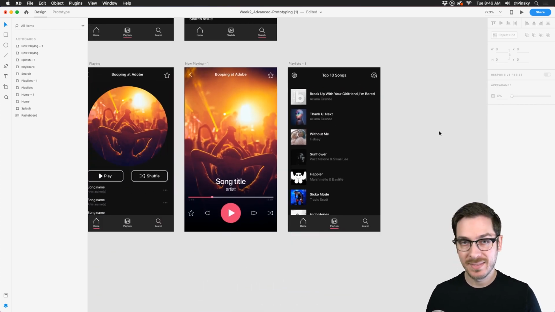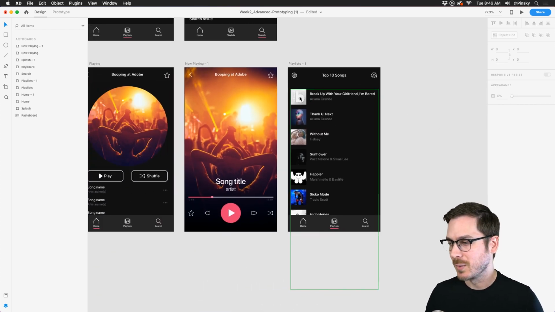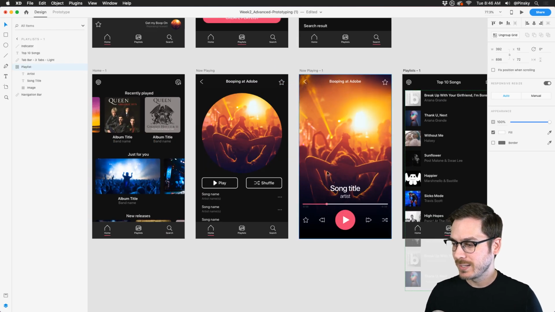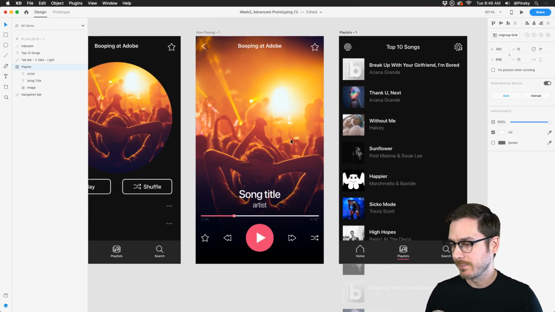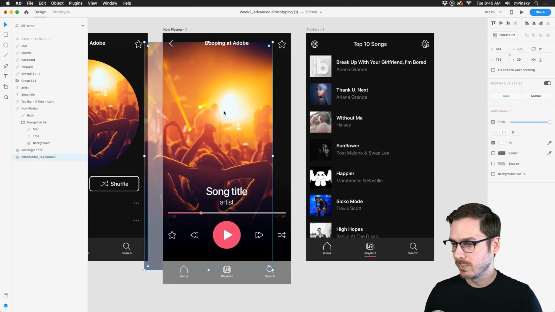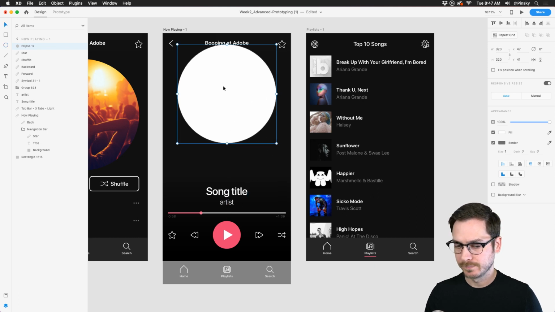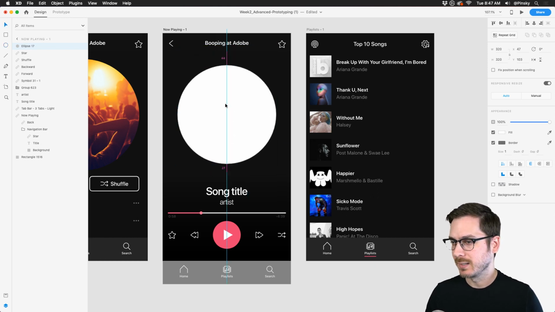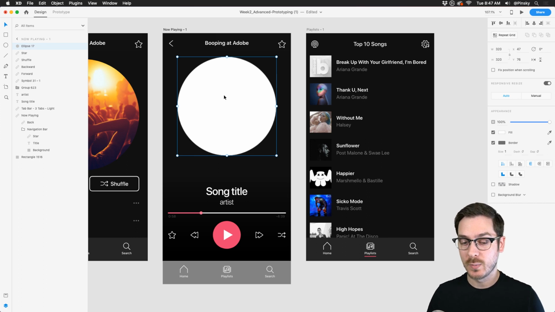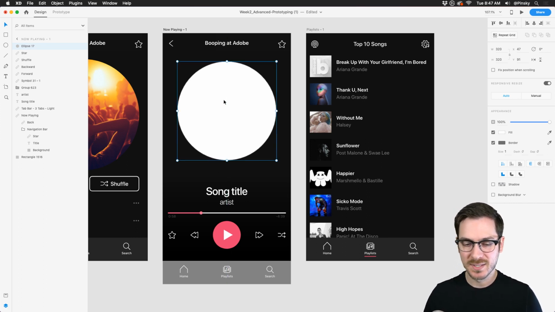So that was a lot quicker than I expected. So we're going to tackle this screen here. We're going to make some changes, right? This one here, we actually want to delete. We're going to make this a circle. So I'm going to grab my ellipse, just drag this up. That is an awesome plugin. If you're not using Google Sheets and you do work a lot with data, definitely give that a shot. It's pretty neat.